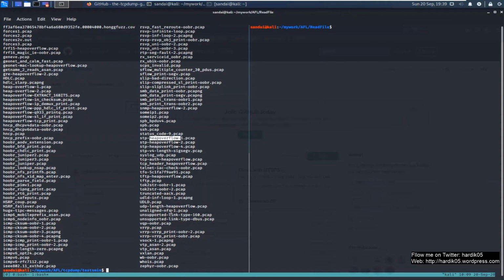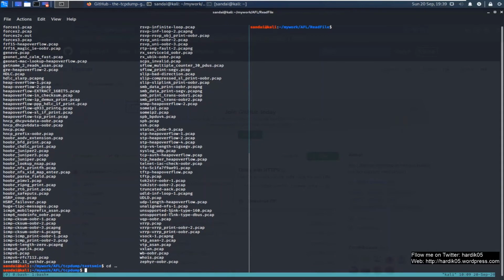In this case we are going to use this corpus, and since we have already minimized this test corpus using AFL, you can use that, or we can use this entire corpus and let Honggfuzz minimize the corpus for us. So in this case, I'm just going to use the default corpus. I'm not going to use the minimized corpus which we used for AFL. We'll let Honggfuzz minimize the corpus.